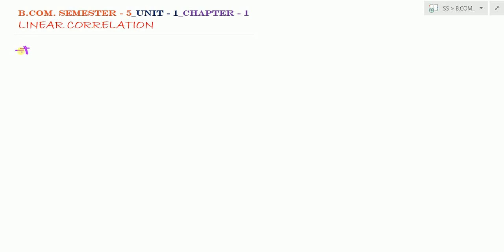Number one is Karl Pearson's correlation coefficient, or we can write Karl Pearson's method. In this method, there are total 5 to 7 formulas. Number 1,